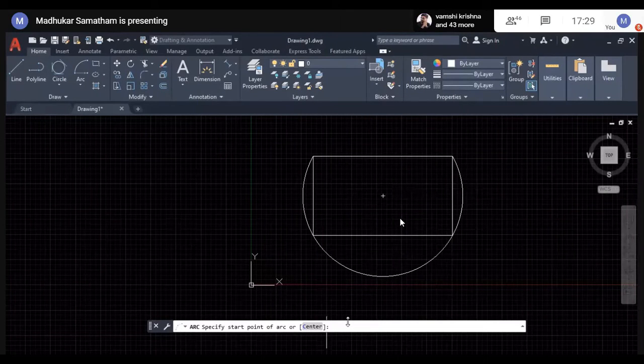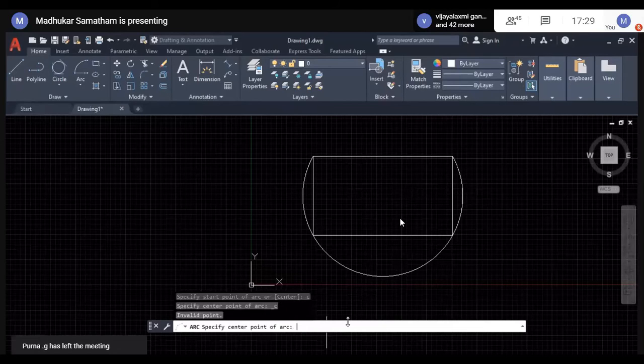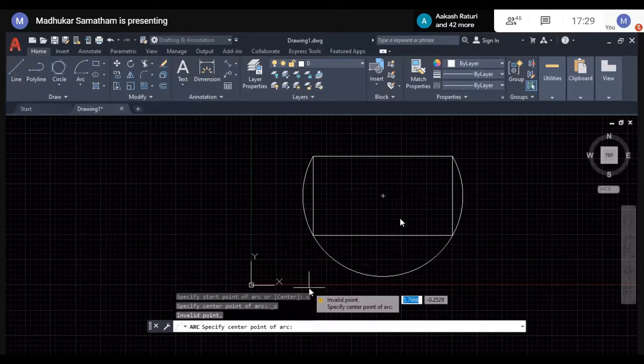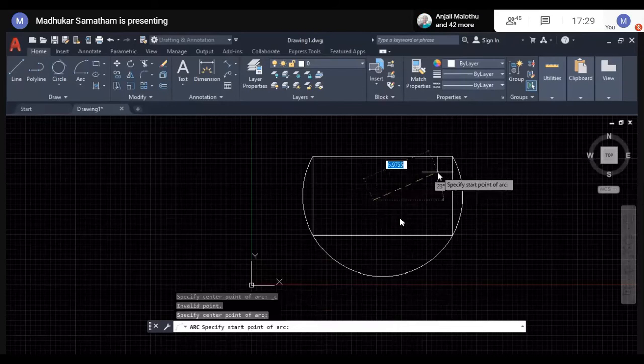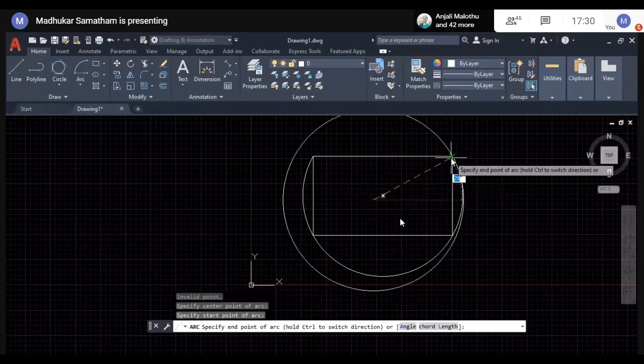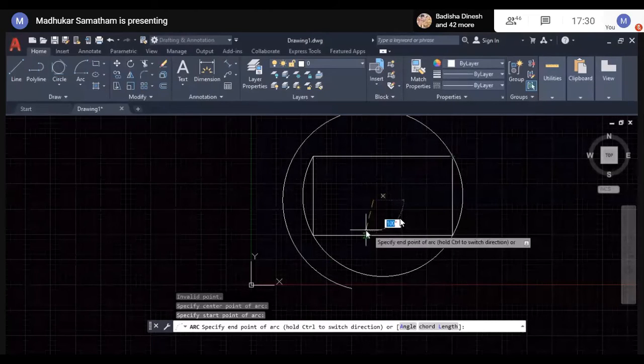If you want to specify the center point, type C. This is my starting point. If you want to change the direction, you can hold the control button. See?